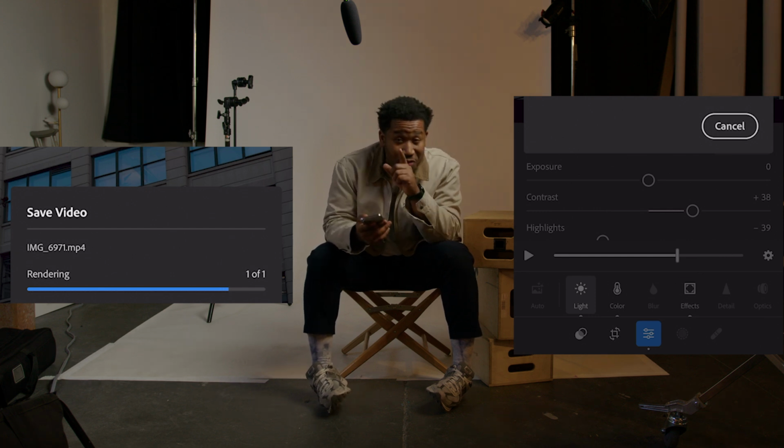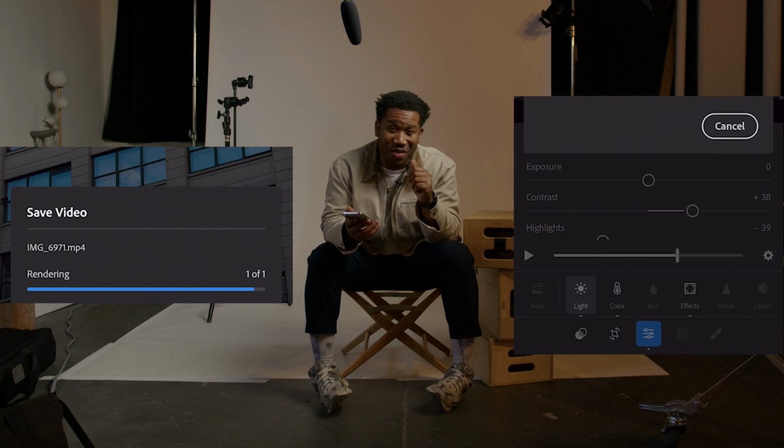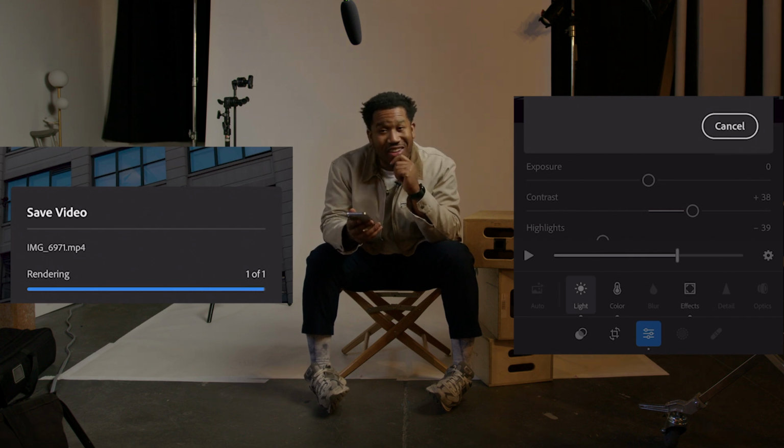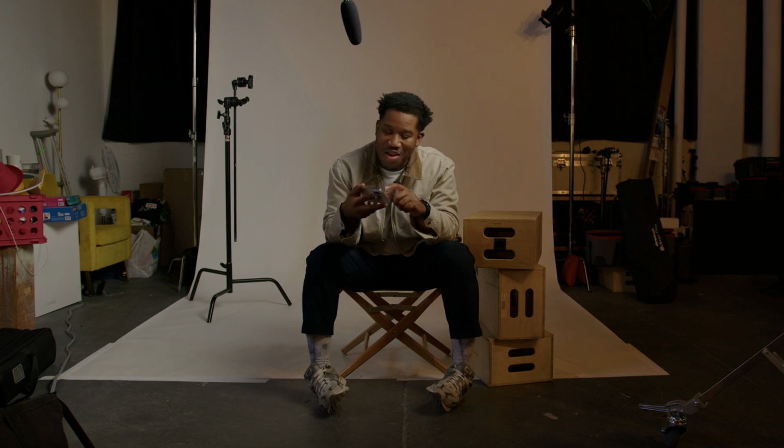Feel confident that your photography skills can translate to your video skills, at least the editing anyway, and I wanna thank Lightroom for that. I can't wait to see the cool thing you make, but for now, brand new vibe